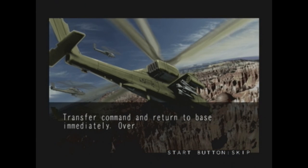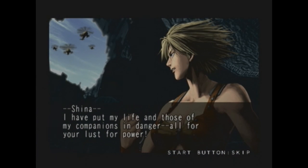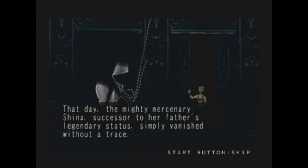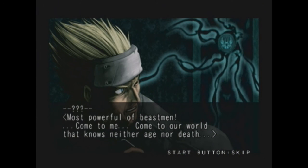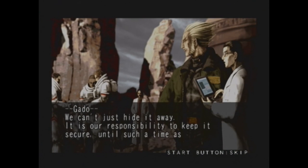Sheena gets overruled by an abrupt change of command upon trying to enter the temple, you know, the temple she just fought Zeon in, finds out her superiors are trying to get the tabula to abuse its power, which leads to her telling off the commander, walking away from the mission and disappearing from the face of the earth, and Gato resists the lure of the tabula's power as he says it needs to be contained until they can properly understand and control it before he turns it over to the United Nations